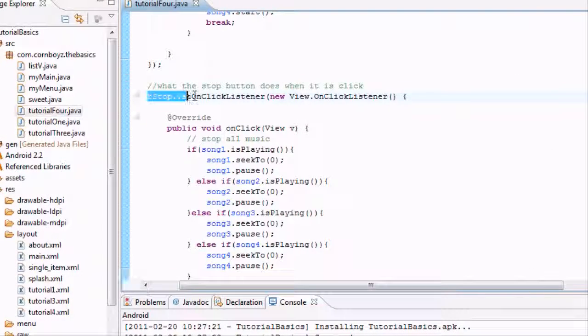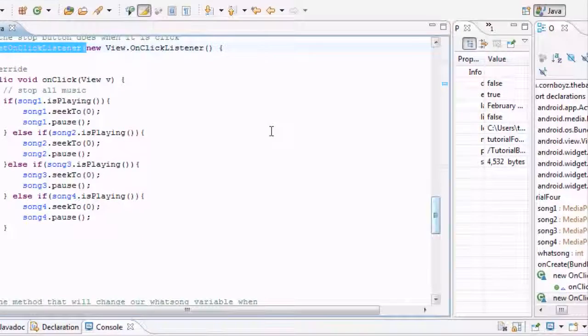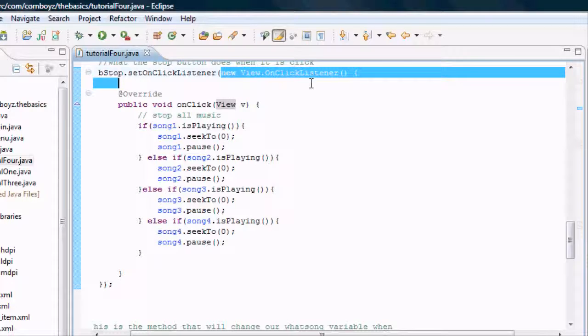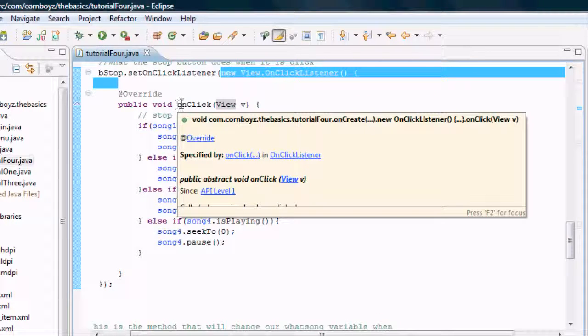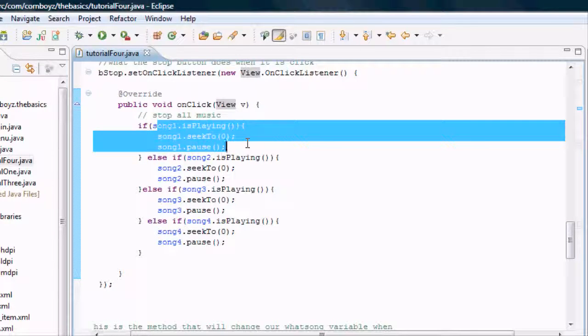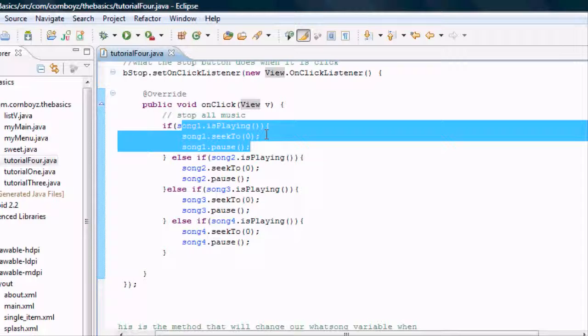And then we also want to set up the stop button. Remember, all this stuff is going to be within the onCreate. We're also going to set it up the old-fashioned way where we say new View.OnClickListener, and then add the unimplemented method, which is onClick, and it's going to pass in a view. Basically this is going to do exactly what we did for the play, except it's just going to seek to 0 and then pause. You can do that, actually you probably want to pause and then seek to 0, just to be a little bit different, or a little bit